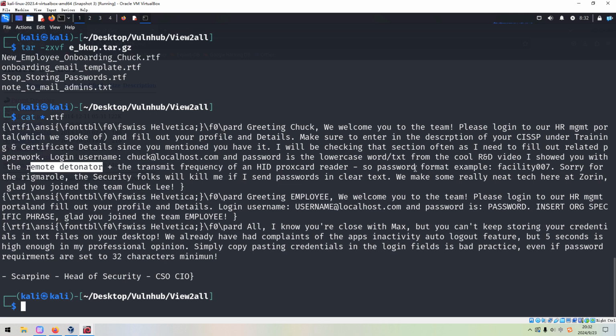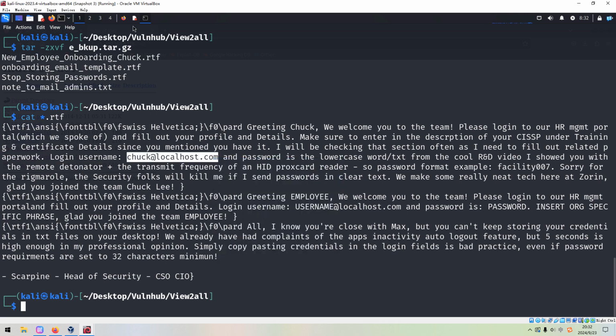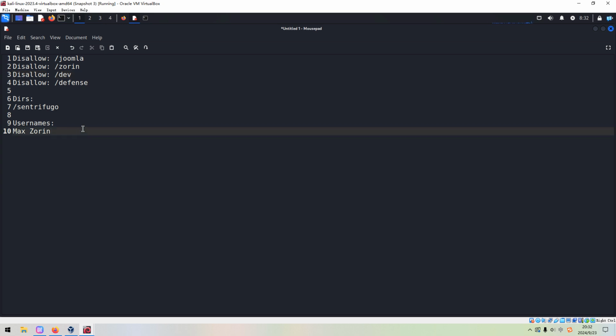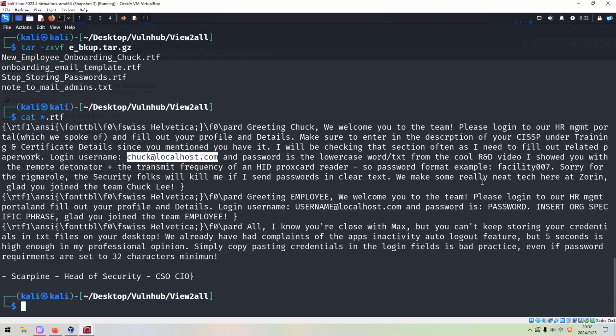And this is the password format example. So I think this should be the username for this central figure. Okay, the username, and also the password. The password should be, we can get it, the remote detonator.